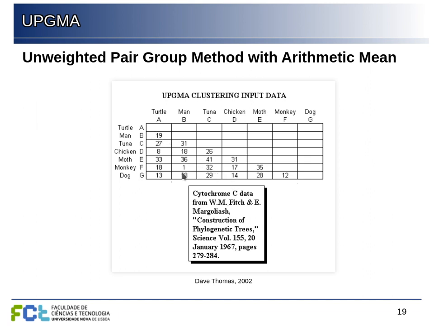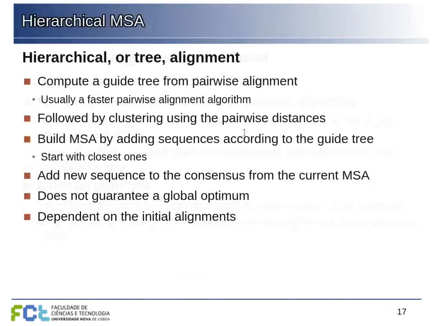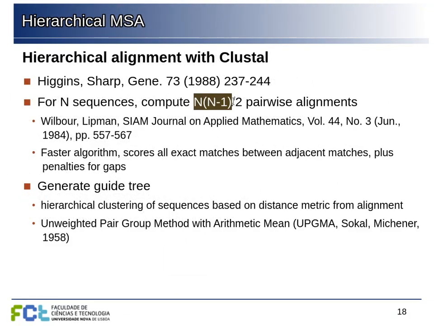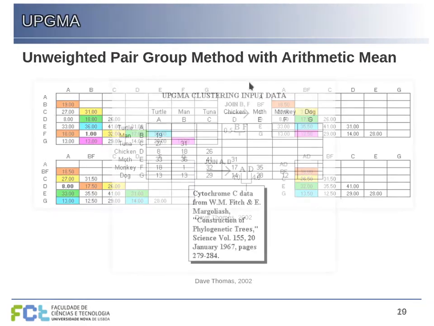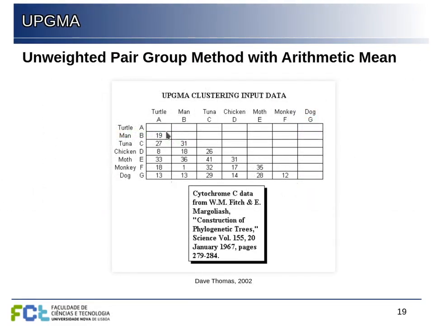In this case, this is the number of differences in the sequence. So for example, between monkeys and humans, we have one residue difference between the cytochrome sequences. Between, for example, turtle and chicken, we have 8 residues difference, and so on. So this way, we create a table with all the distances between all the different pairs of sequences that we have. Note that this is not n times n, but it's n times n minus 1 divided by 2, because we don't have the diagonal. The diagonal is 0, it doesn't matter.